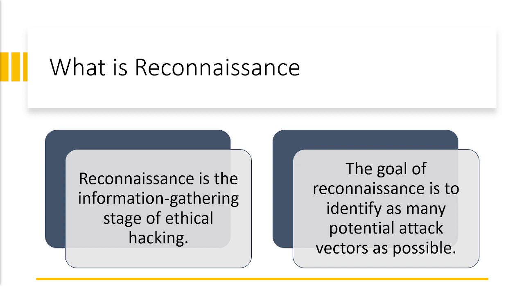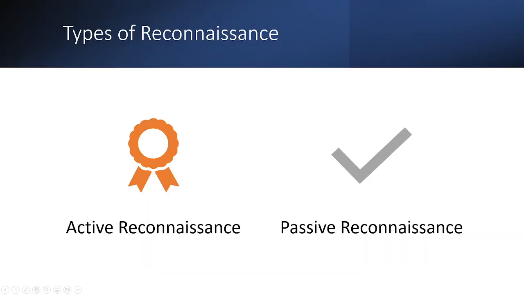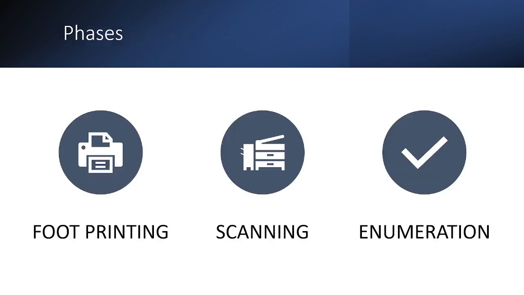By utilizing a blend of passive and active reconnaissance tools and techniques, a hacker can maximize the data gathered while limiting the likelihood of detection. There are two types of reconnaissance: active reconnaissance and passive reconnaissance. Active: directly interacting with the target to gather information about the target. Passive: trying to collect information about the target without directly accessing the target. To this purpose, a hacker can use social media, public websites, etc.